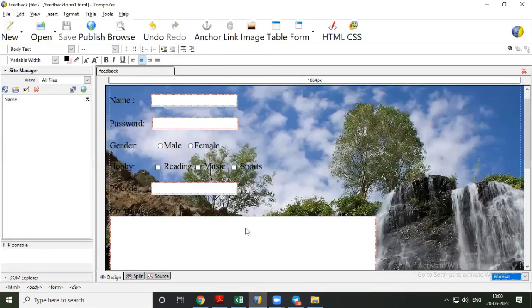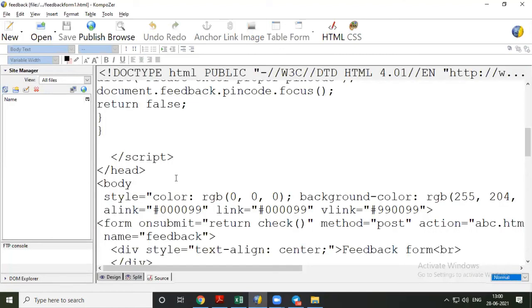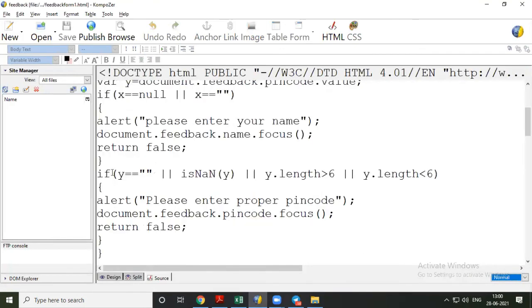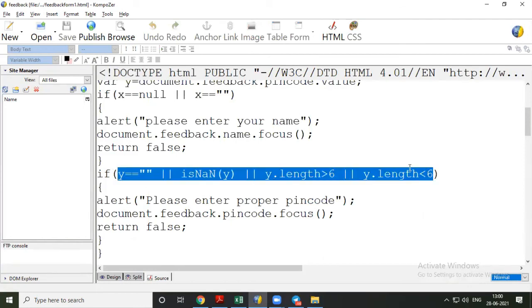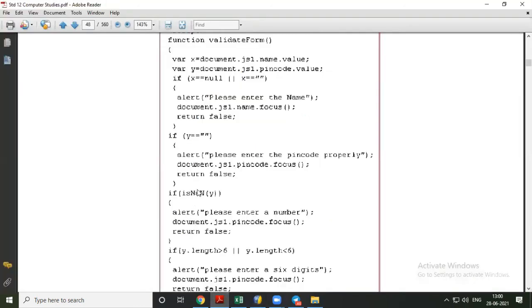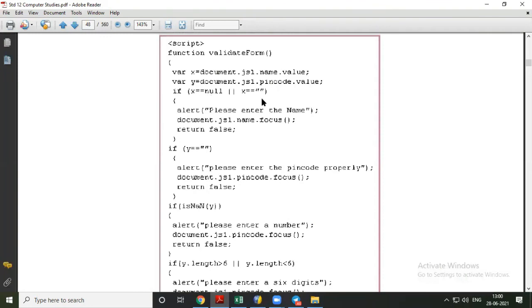Now in this we have checked the conditions in one statement, one single effort only. This is first, this is second, this is third, and this is the fourth one. Same thing you can do like this also.